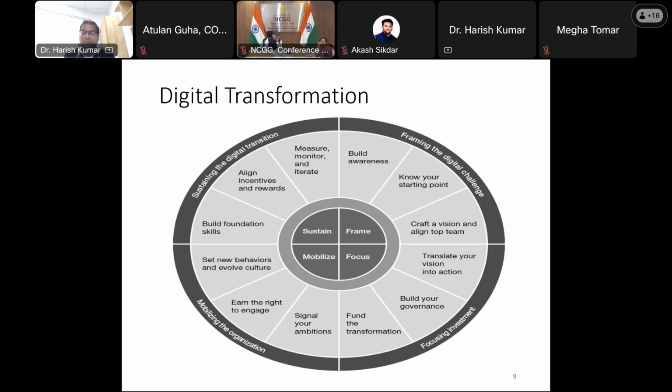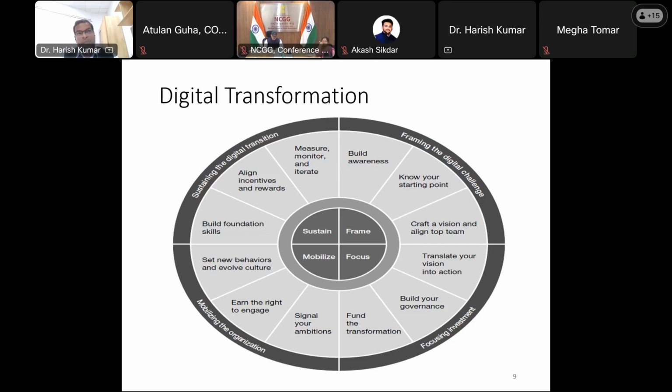Then, know your starting point. That means what digital competencies we have: what digital infrastructure is available, what processes we have already digitized, what digital projects are already going on, and where we stand. Apart from that, issues in existing processes. That will lead us to think of a new vision to lead our organization or project for the next 5 or 10 years, right?